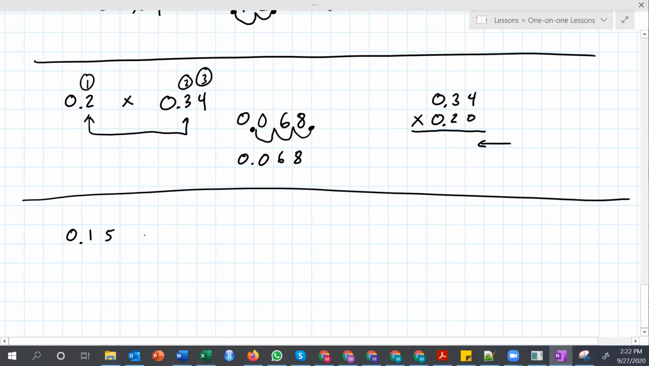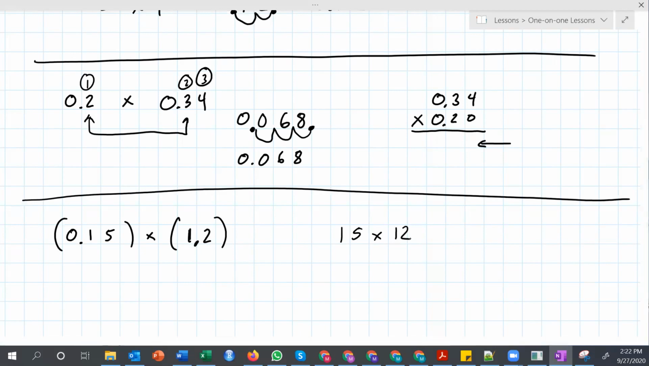0.15 times 1.2. So as I mentioned here, you can treat this as 15 times 12. And then you can move the decimal over the appropriate number of positions. So that's